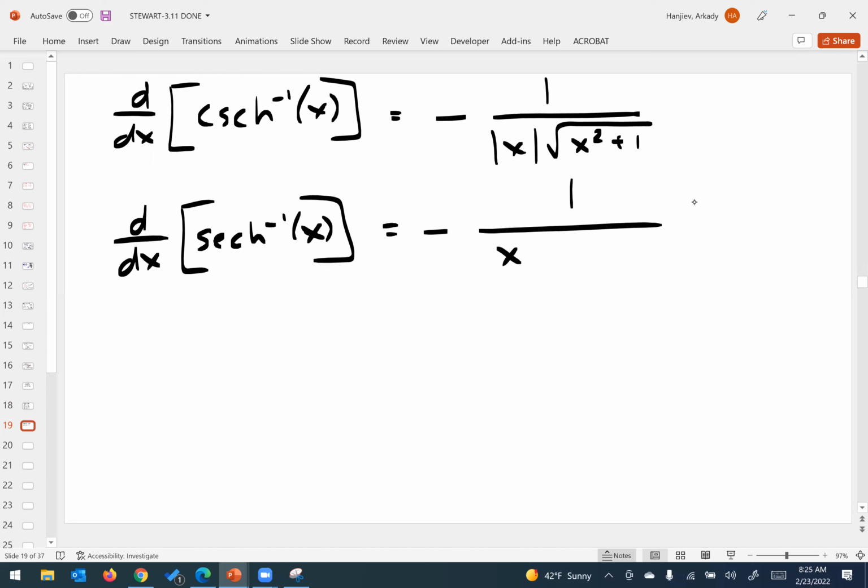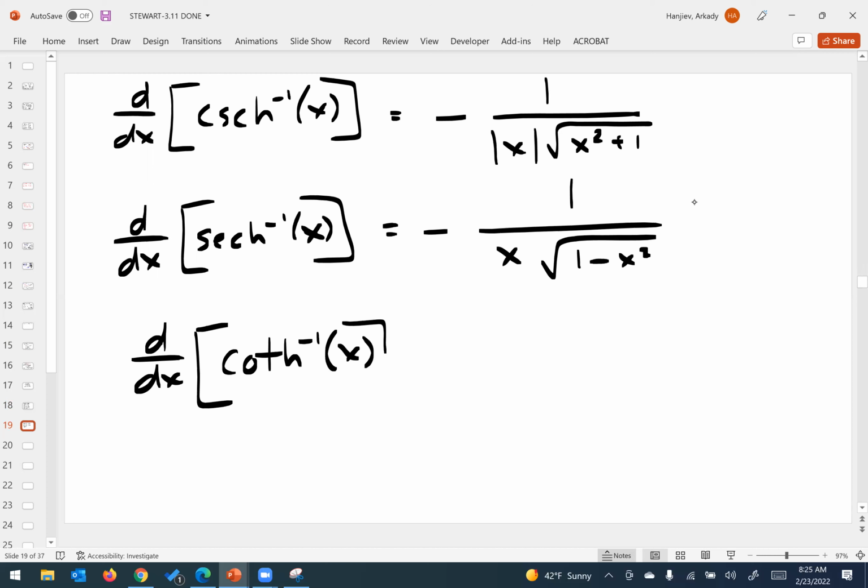You don't need the absolute value in this one. And you're going to have x squared right there. And last one, the derivative of inverse hyperbolic cotangent gets me